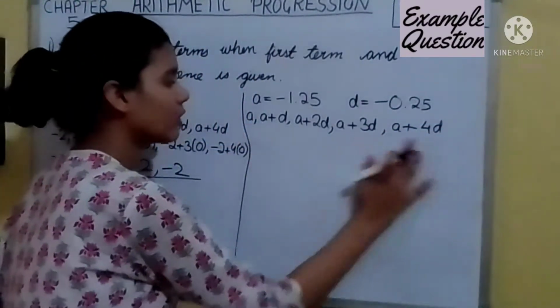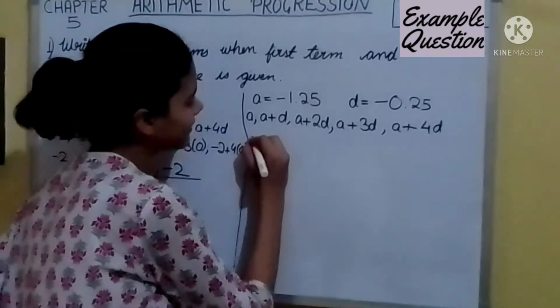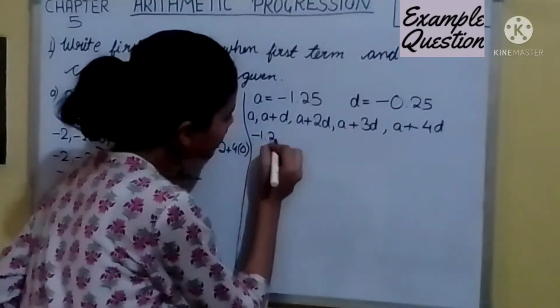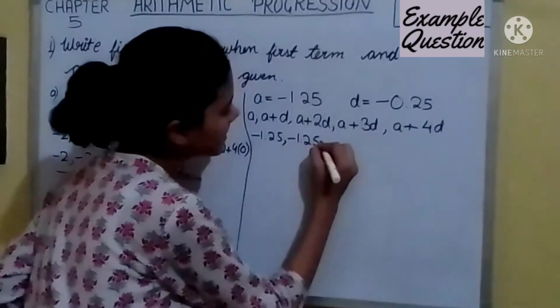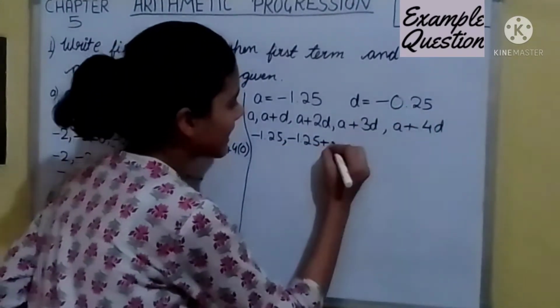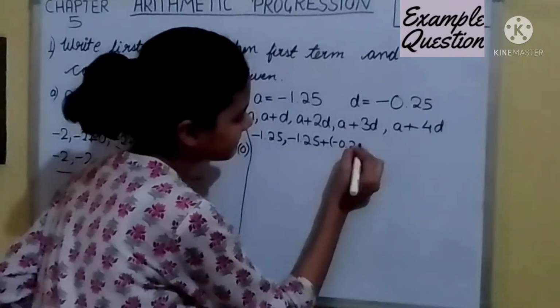Okay, 5 terms we have got. Now we will substitute the values. So -1.25, then -1.25 plus -0.25,